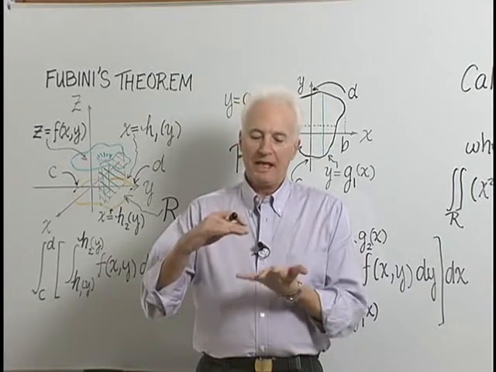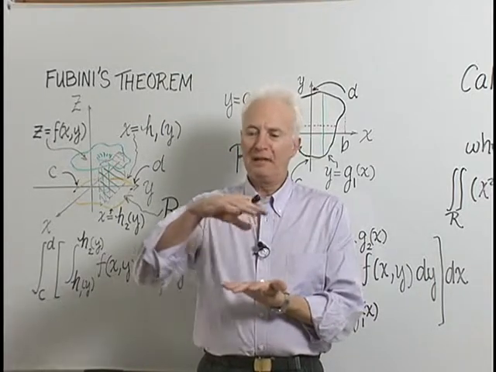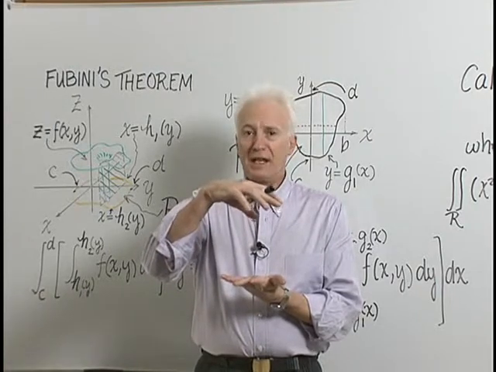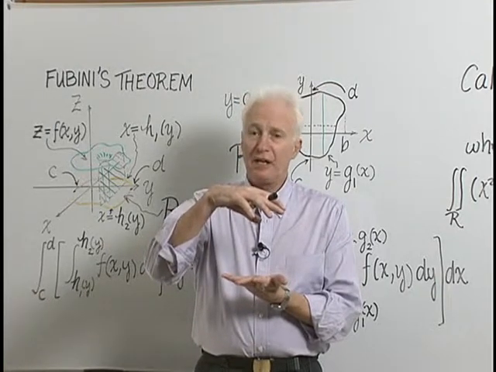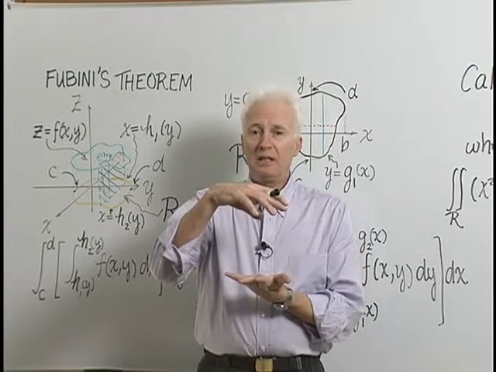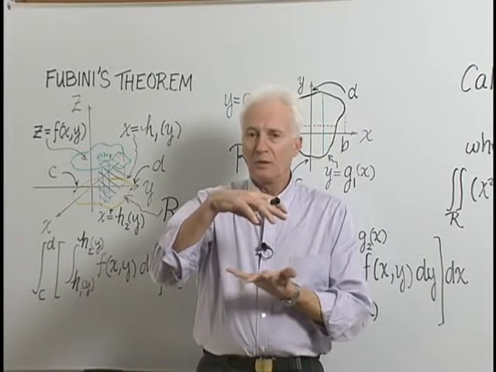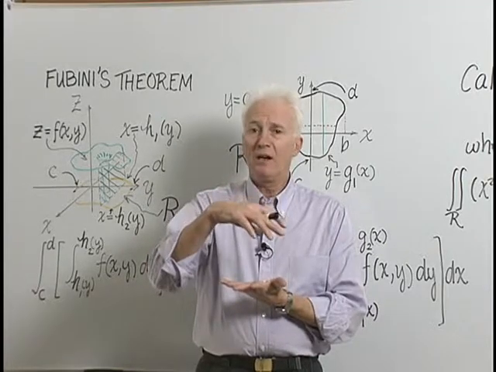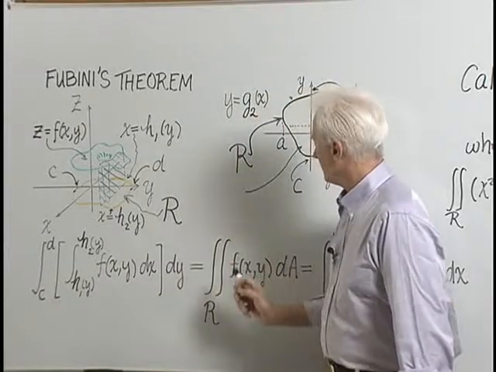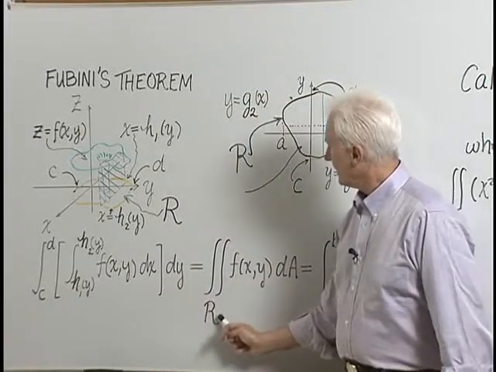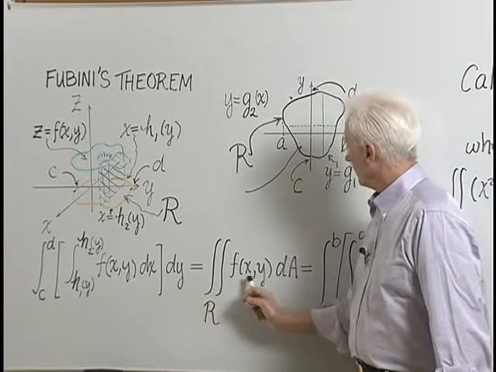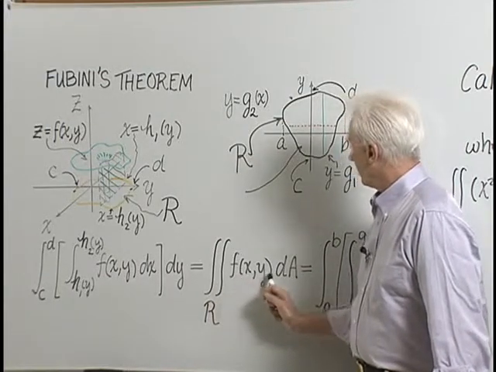For instance, if I have a domain in the xy plane and I have the graph of a function which is non-negative and I'm interested in finding the volume trapped underneath that surface, that can be computed as the double integral over this region in the plane of the function of 2 variables. And that would give us an expression which we would denote this way. Here R is the region over which we're integrating, and here's the double integral of the function f of xy